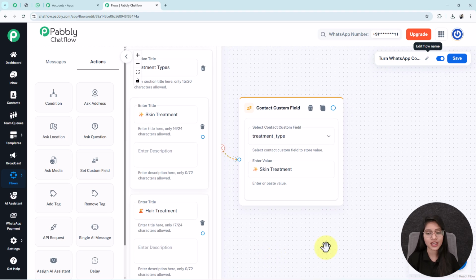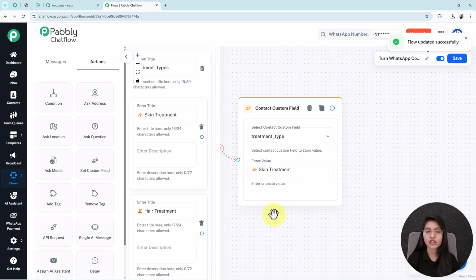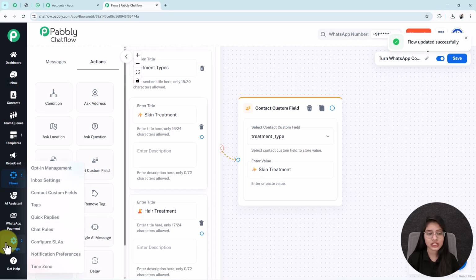Now I am going to explain why we use this contact custom field node here and where you can create this contact custom field. But before switching to another tab, you have to save your flow. If you don't save your flow and switch to another tab, then all the progress of your flow will be lost. Now for creating this contact custom field, you have to click on the settings option and click on